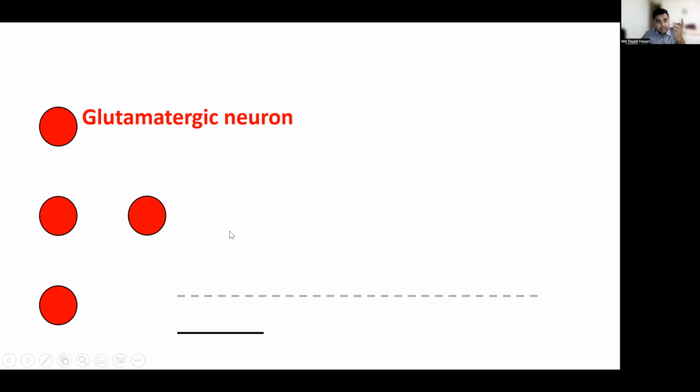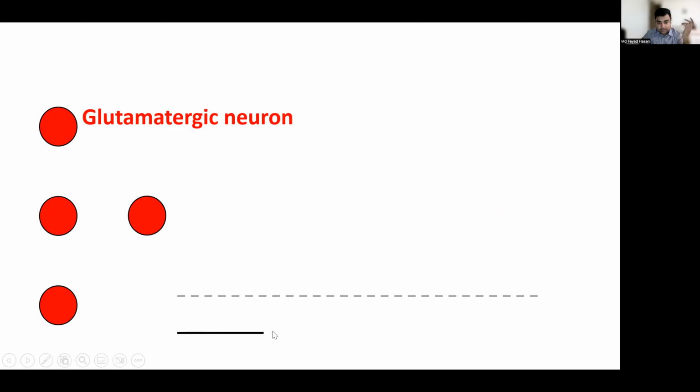So with that thinking, we started with another planning. There are two main kinds of neurons in the human brain cortex: one is glutamatergic neurons and one is GABAergic neurons. In a simple way, say you have four neurons talking to each other and they're all glutamatergic neurons. These neurons have a voltage.